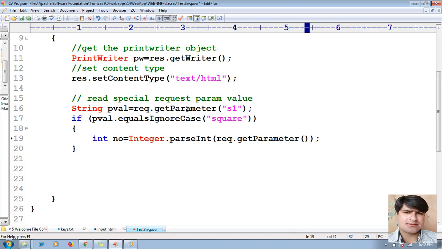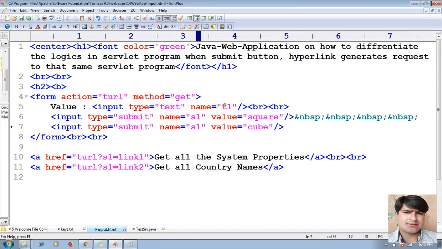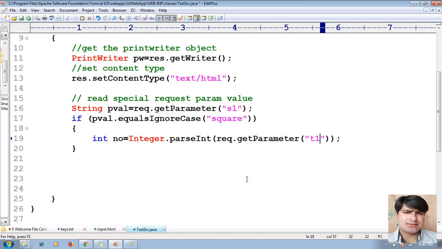Let me pass my text box name, here is my t1. I can see t1 here. I pasted it. Done. int number is assigned Integer.parseInt of request.getParameter of t1. So here int result is equal to